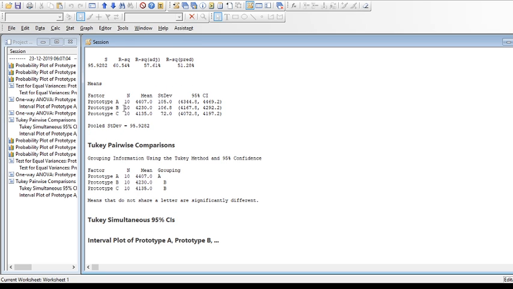Okay, so now in this area we've got the means listed, right? And Tukey's pairwise comparison is going to check the means and compare them in pairs, right? How many pairs will there be in this? There will be 3 pairs, right? A compared with B, A compared with C,